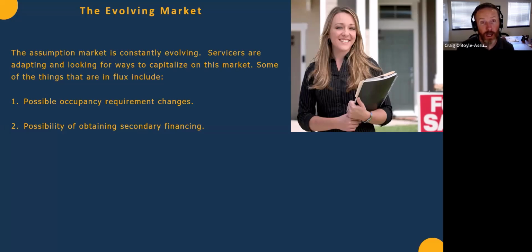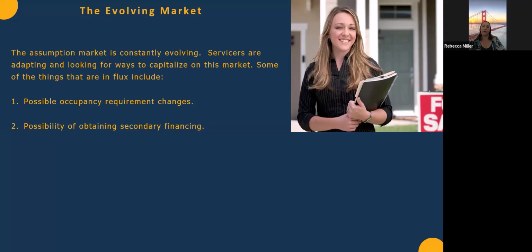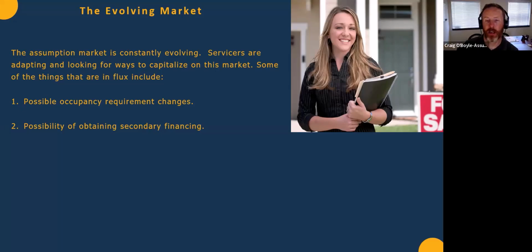And then I will say if they do it, it'll likely trigger an appraisal, which you do not need right now. The home can sell with a normal assumption, no financing outside of the loan assumed. You don't need an appraisal. So the home can sell for whatever. Yeah, because the appraisal has already been done when the original loan was started. Yeah, exactly right.